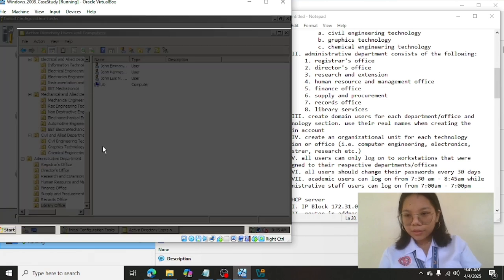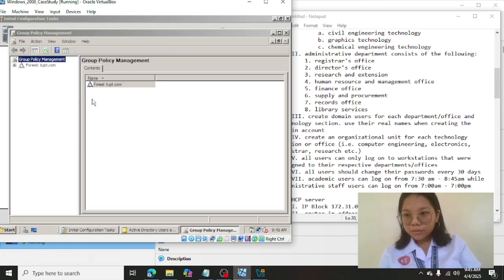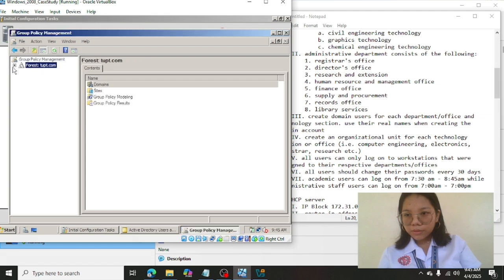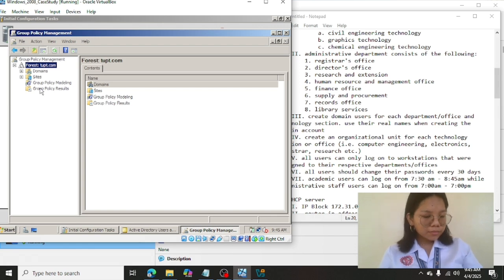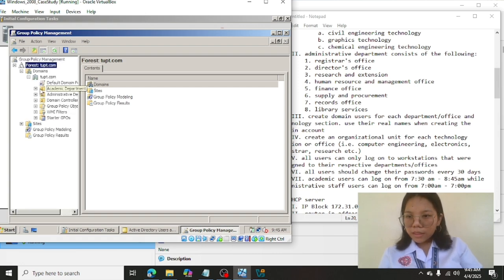Just click Continue. Click on the forest, and then click on the academic department.